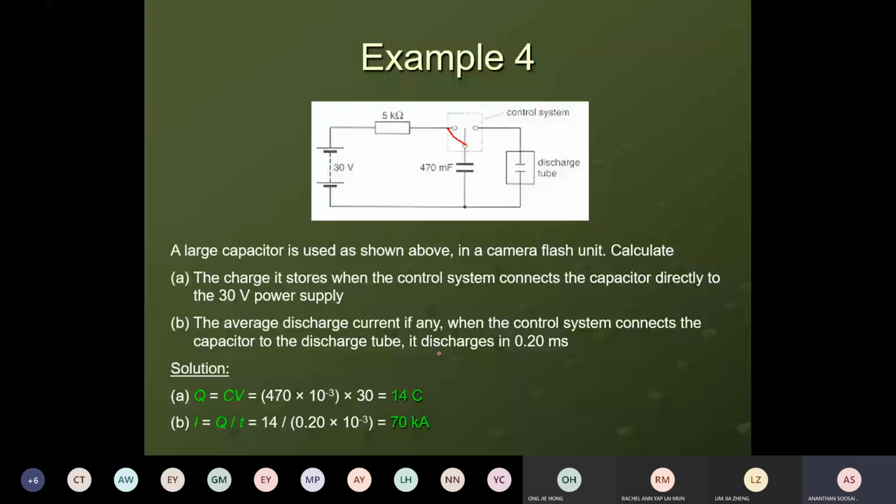So the charge is stored when the control system connects the capacitor directly to the 30 volt power supply. Or rather, they want the charge, sorry. How much charge is stored? The charge is CV, C times V. So you get 14 coulombs. Okay, so next,